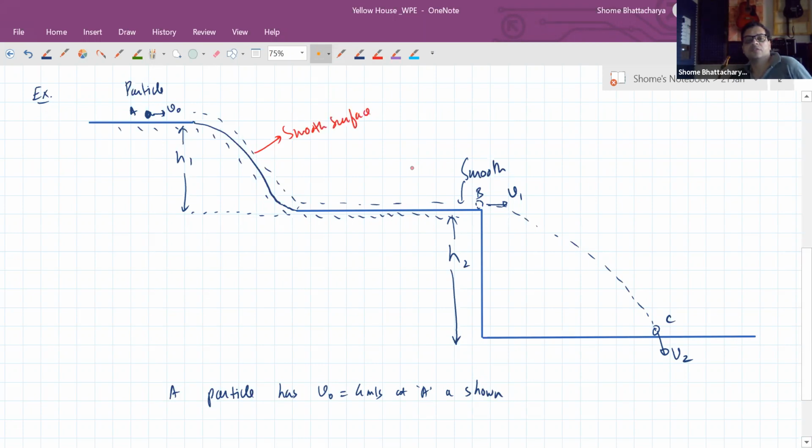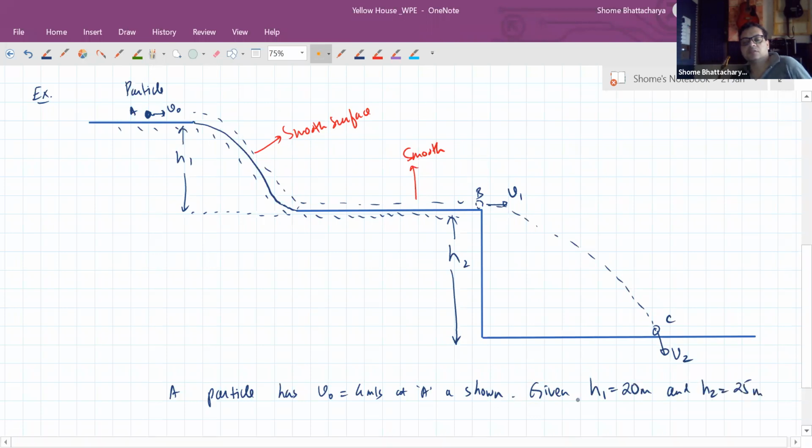There's no friction anywhere. So given that h1 is equal to 20 meters and h2 is equal to 25 meters, take g as 10 meters per second